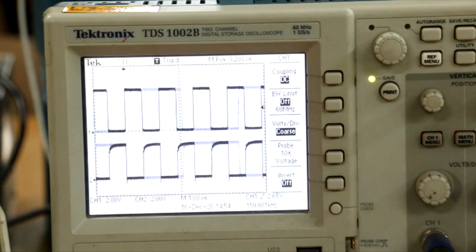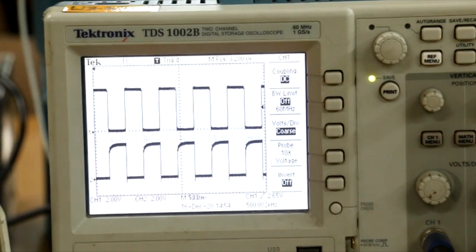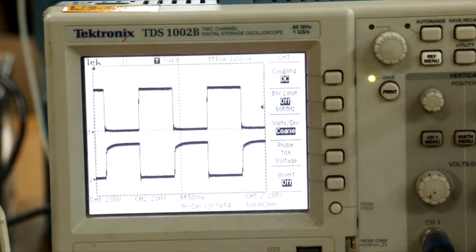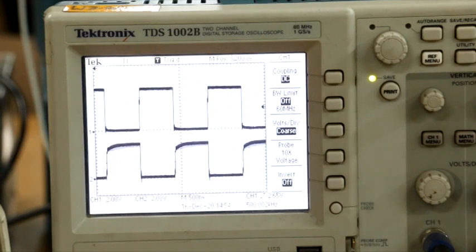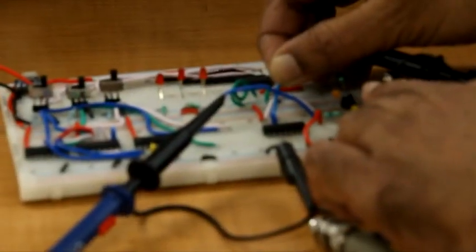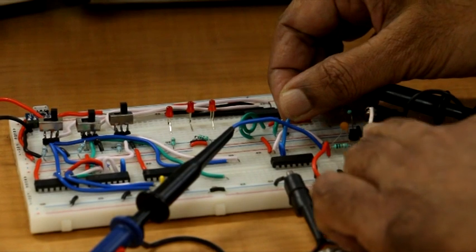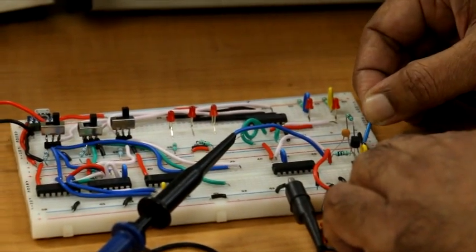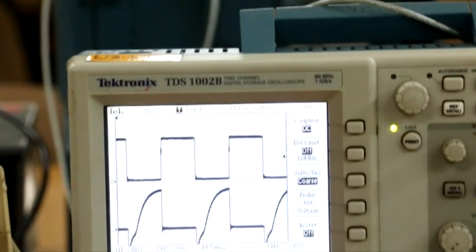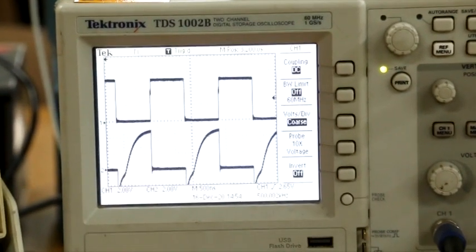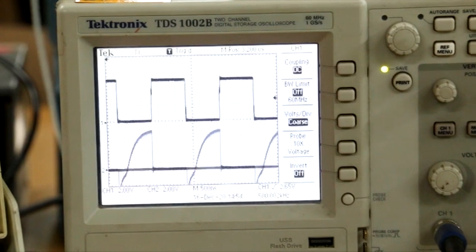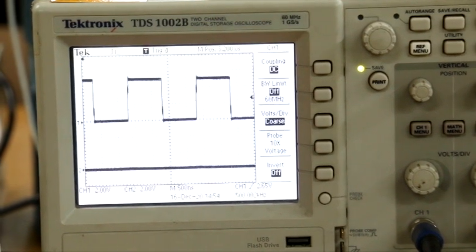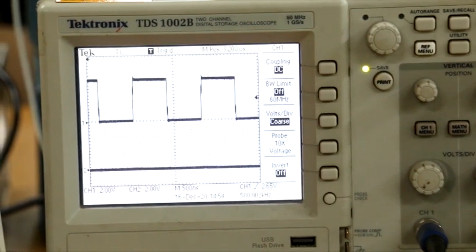With the 74LS04 we have used, right now the frequency is 500 kilohertz, and you see that it works very well. But if I go back to my BJT inverter, you can see that it's extremely bad. And if I remove that capacitor, you see that the BJT inverter output is permanently zero.